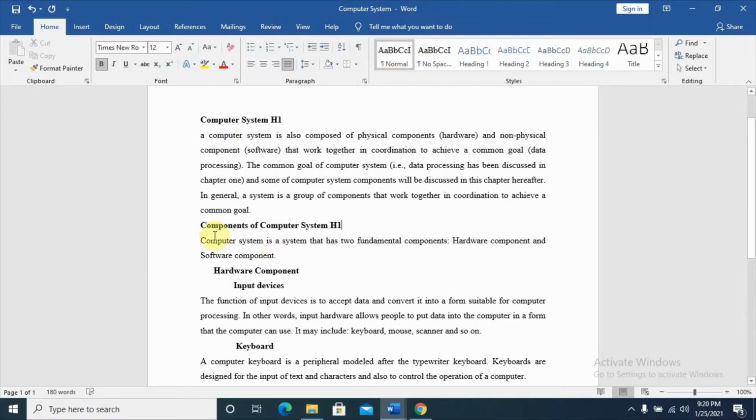Then under the components of computer system, let us give this hardware components another title, which is a subsection of this one. So let us give it heading 2. And under the heading 2 section, we will have 2 subsections, input device and keyboard. So let us give these 2 subsections heading 3